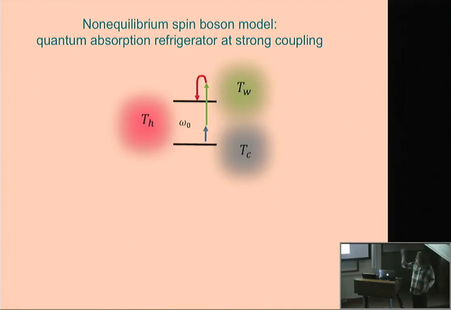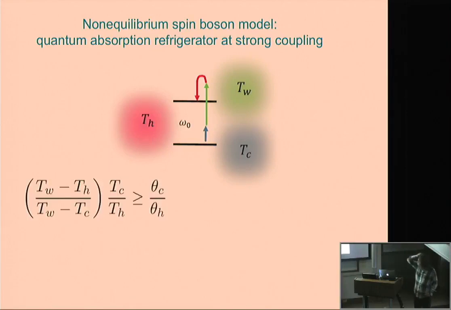And as I've said, we are going to consider a qubit, but the qubit is going to couple to the bath in this non-additive, what we call strong coupling manner, realizing cooperative effects. And this is what we are going to derive for the cooling condition. Hopefully you remember from the previous slide, it's just the same.